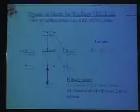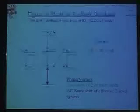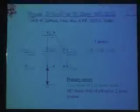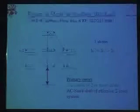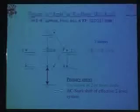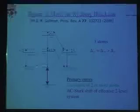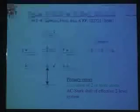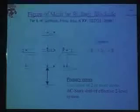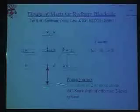So if you want this kind of thing to work, it's important to think about what the constraints are. Here is an energy level diagram for 3 atoms. I imagine them being in a line. And so the ground state of the system is 3 atoms in the ground state. Then you have the symmetrically excited state there. And then the whole point of the blockade is that this particular state, which is directly coupled to the ground state,